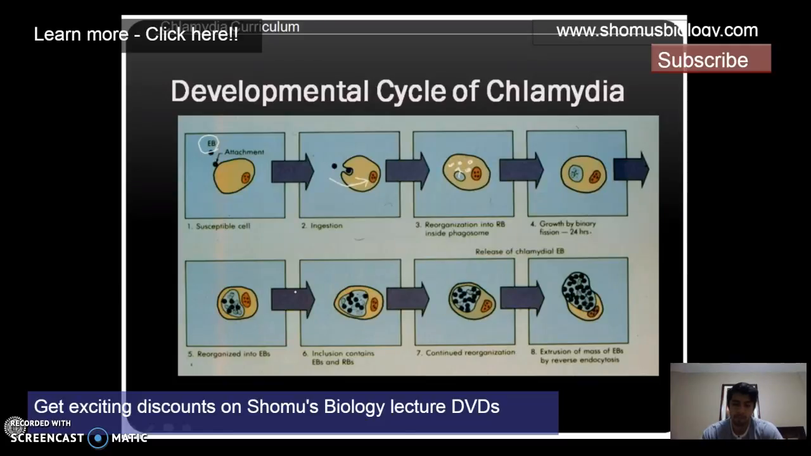Now as they are growing and dividing several times, as you can see here, once they are internalized, they are converted into the reticulate body. So what was the elementary body, after the engulfment and staying there for a while, will be converted to the reticulate body. So their structure will be